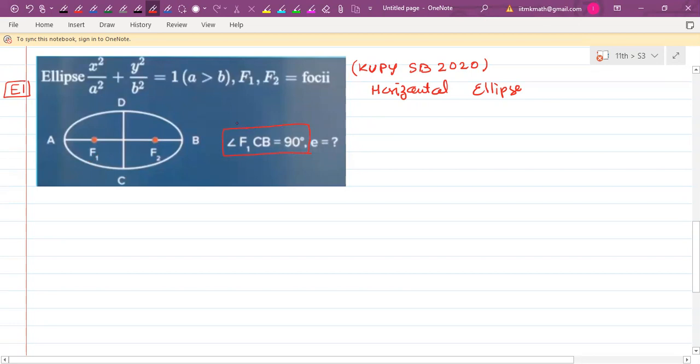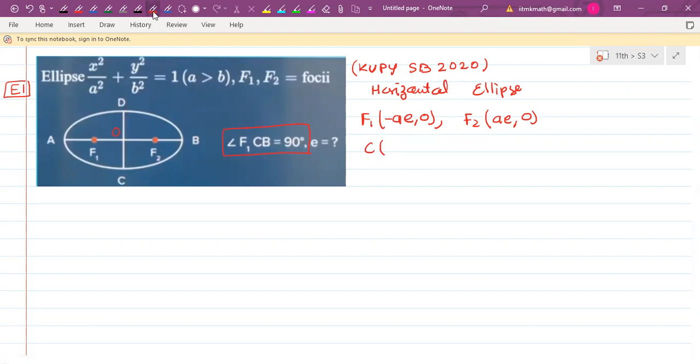Better you consider this F1 as (minus AE, 0) and F2 as (AE, 0), right? And then what about the coordinate of center C? This is not center C, this is the end point of the minor axis. If you assume that this is origin O and this D is one endpoint of the minor axis, C is another endpoint of the minor axis. If you consider this one as the X axis and this one as the Y axis,